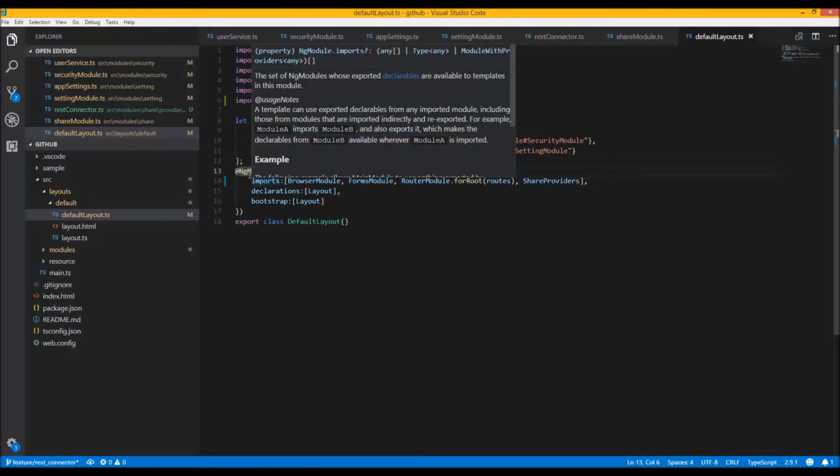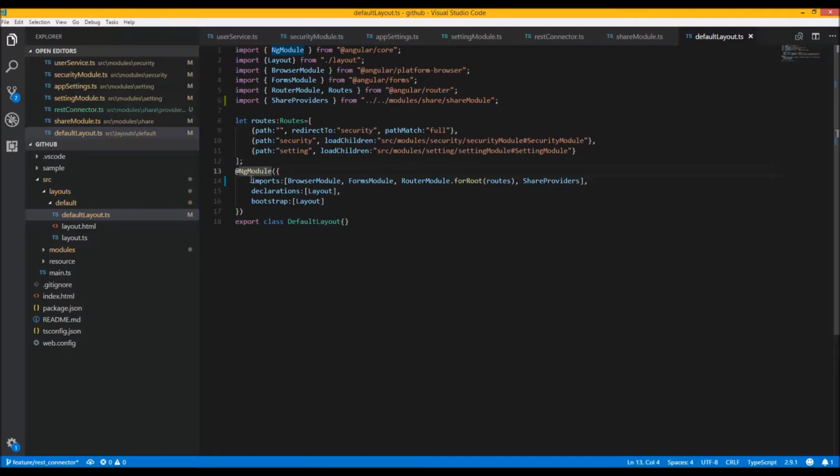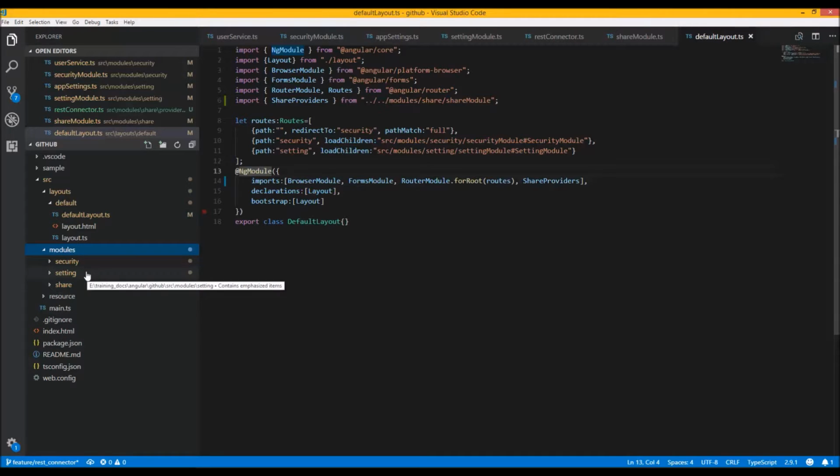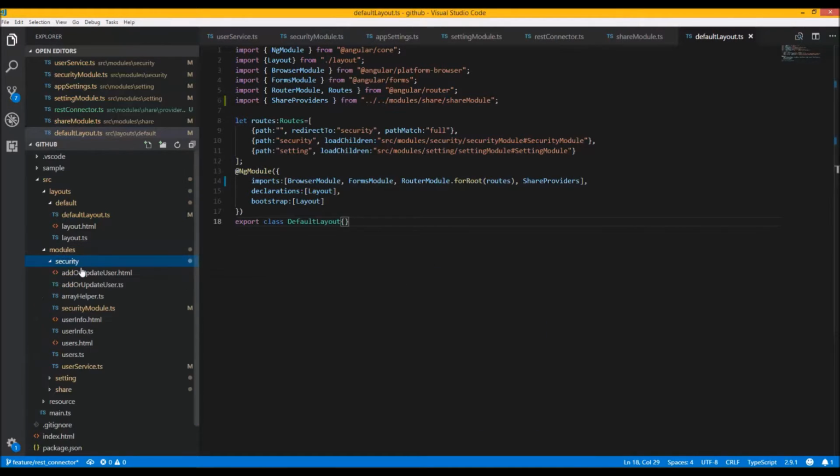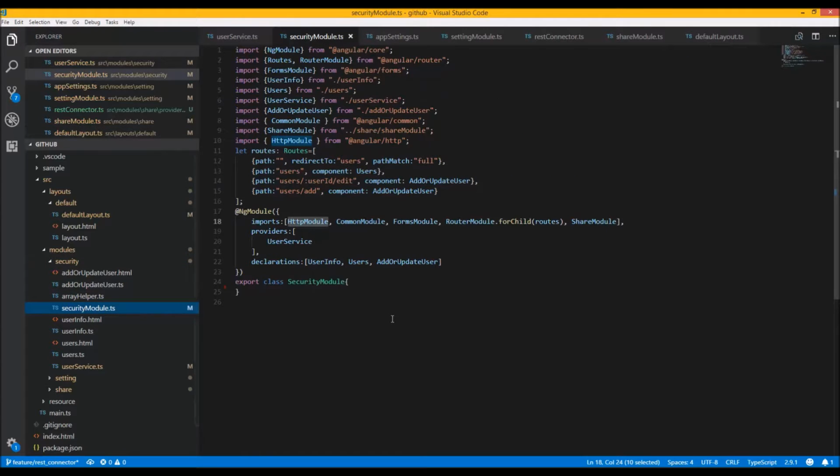Okay, so let's review a little bit. We have the default layout. This works as the parent module for the security and setting module. Okay, so when we import the share provider here, it means that the default layout will understand the REST connector for us. So when the security module is loaded, we are using lazy loading for the Angular module. So when the system creates the security module, it will reuse the same provider inside its parent module,